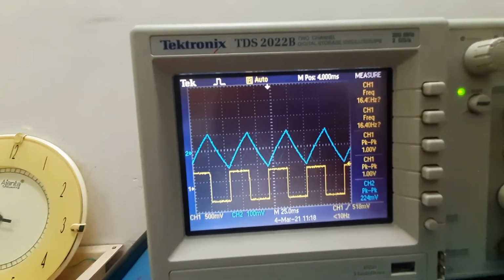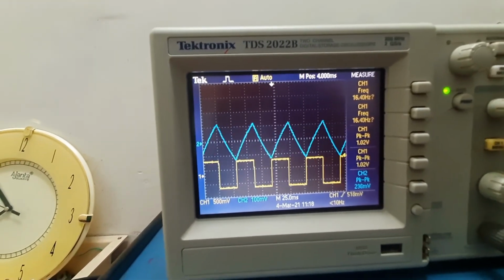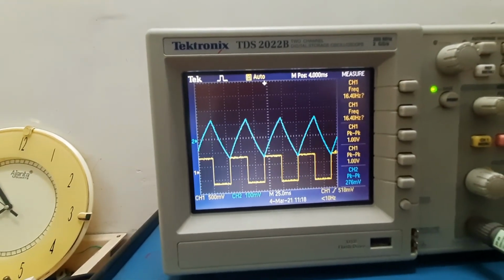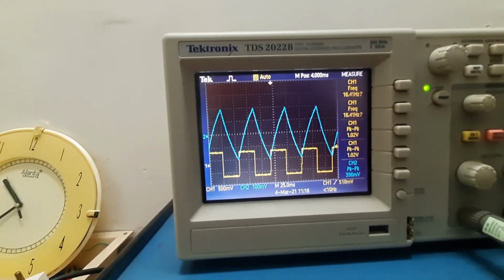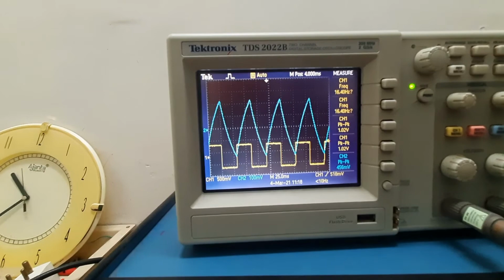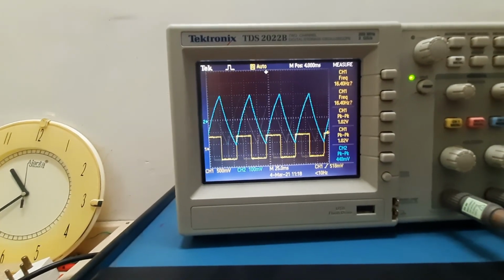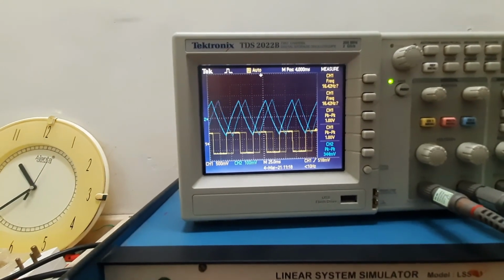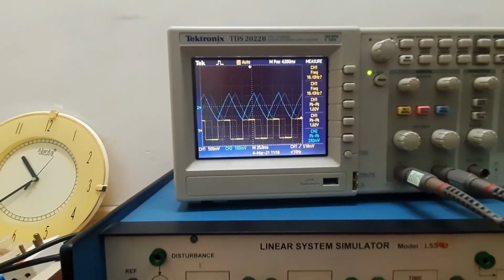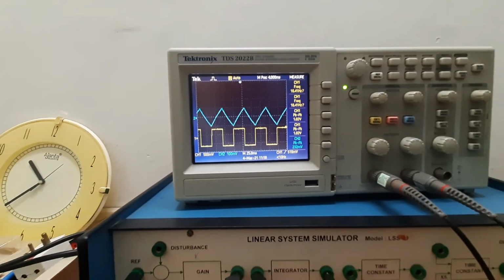Here I am increasing the gain, and the output in channel 2 is also increasing. So we have to note down all the values for gain settings of 1 to 10 and put all the values in a table.